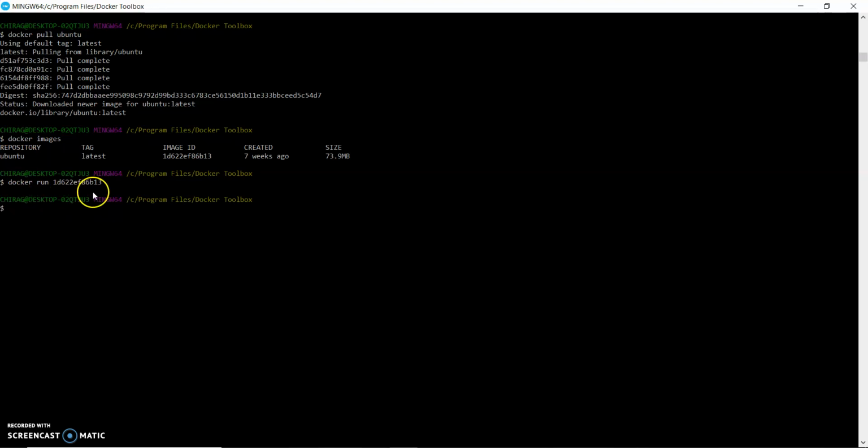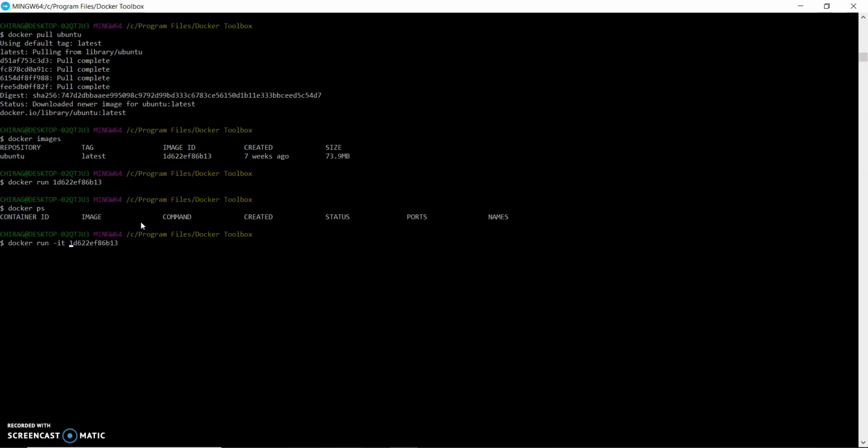So you can see this is running. How can I verify? I will go to docker ps. At this time it is not running, right? So what I have to do is give -it.